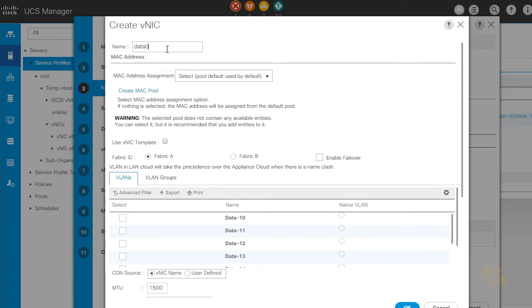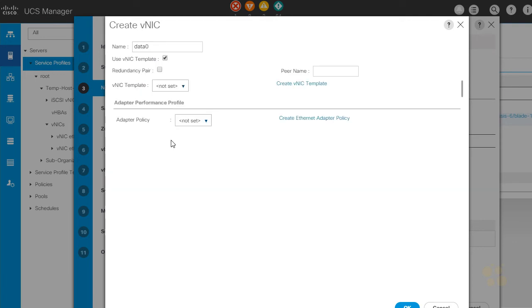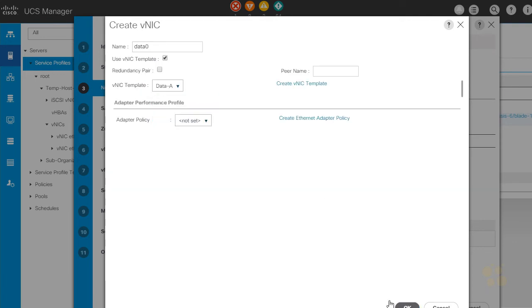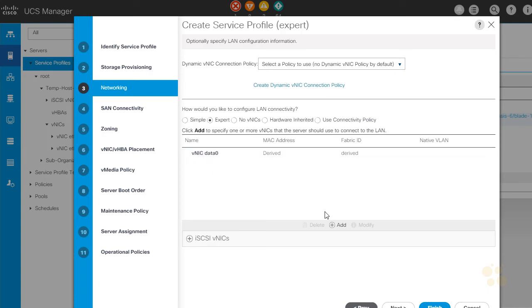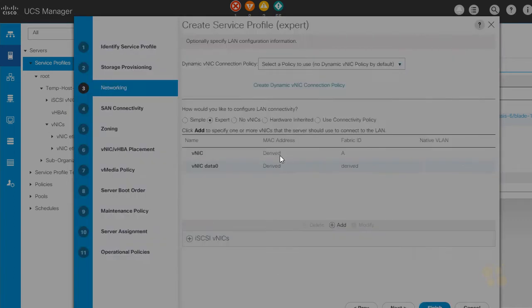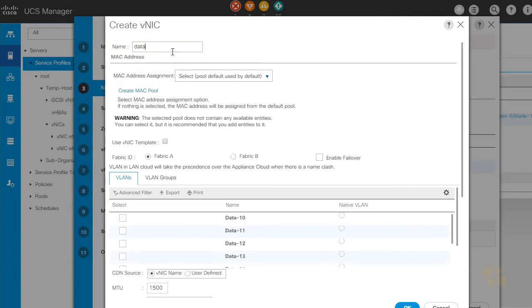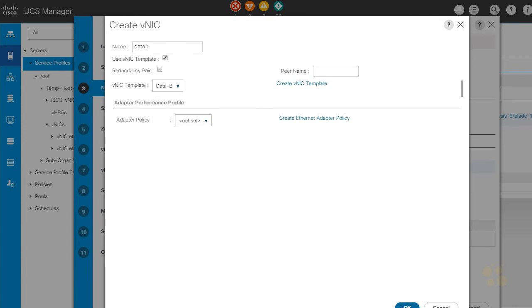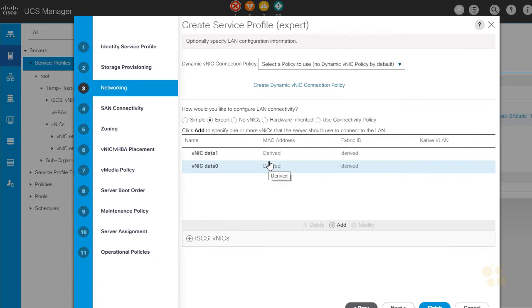So we'll say data 0 and use VNIC template, and we will select data A from the list. That would be the data VNIC. It's got all the right VLANs and it's for Fabric A. And now we're going to add data 1, and that would also use a VNIC template, and that will be data B. And so now I've done 2 of the 10 NICs that we need to add to this environment,